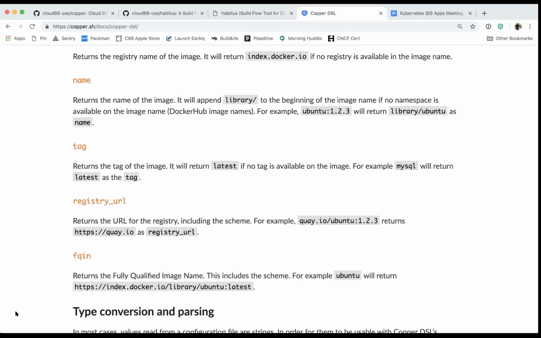That's great. Are there any examples that you know of today of doing that kind of thing, like validating the outcome of a Helm chart? Unfortunately, I don't have any examples right now, but one of the things that we actually do ourselves with Copper is that